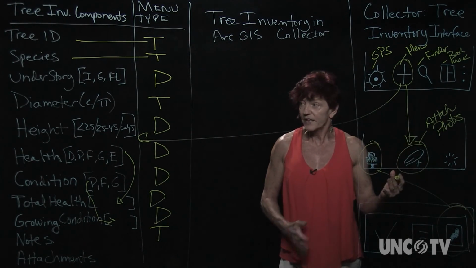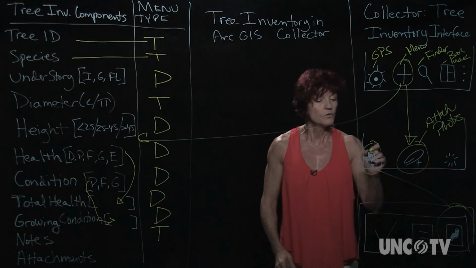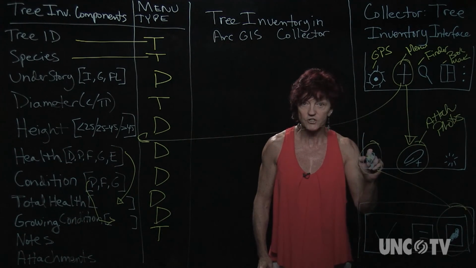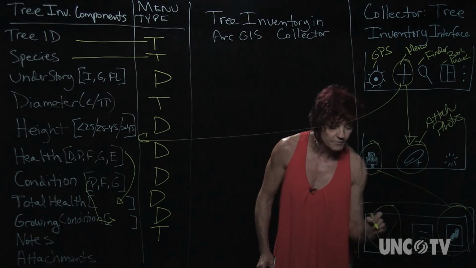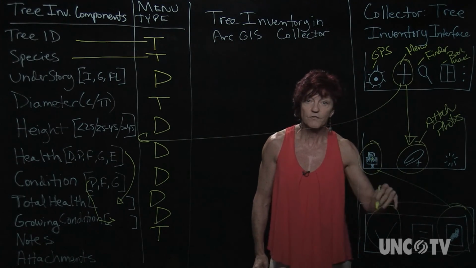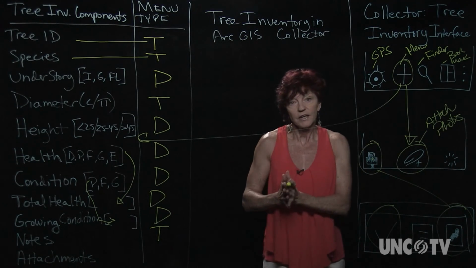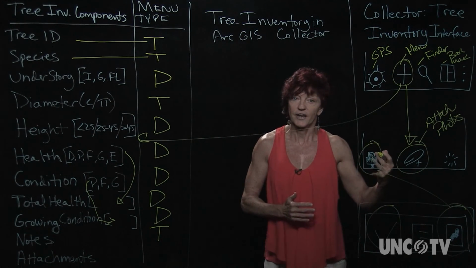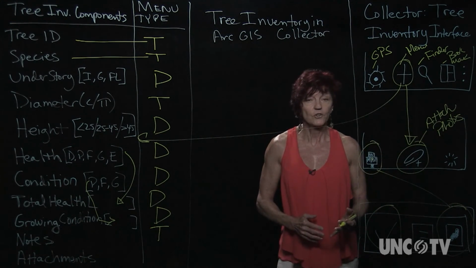When everything is complete, you've added your tree components. Those are the attributes. You've located the position, the spatial location of the tree. Then you go to the top of your app and click on the check mark. This will send the information to the cloud, so your tree will be located in the phone app and on ArcGIS Online. You'll repeat the process for every tree in your study area,